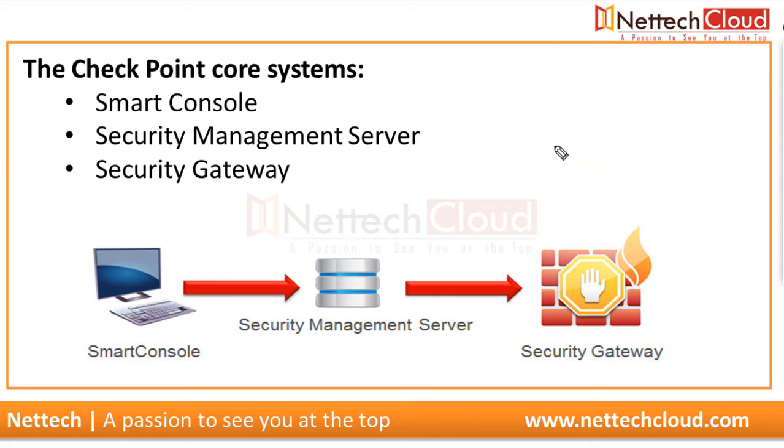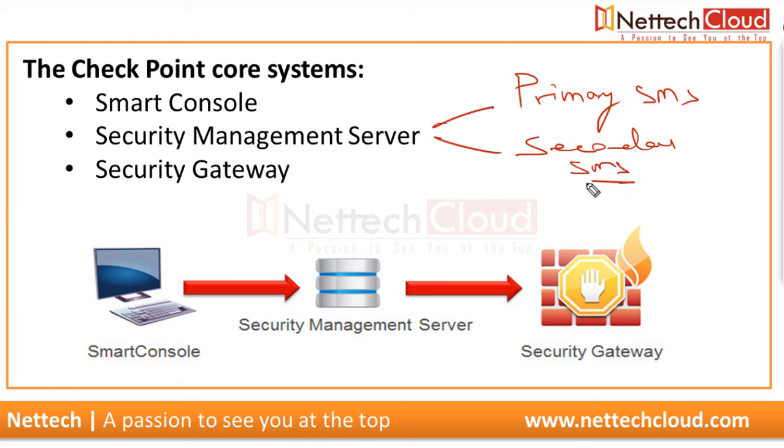The first management server is the primary management server, and the next one is the secondary management server. That is possible, right? And of course, there should be secure communication between the primary and secondary management servers. The secondary management server means a read-only copy of the database, and primary means a read and write copy of the database. So for redundancy, there can be more than one management server.